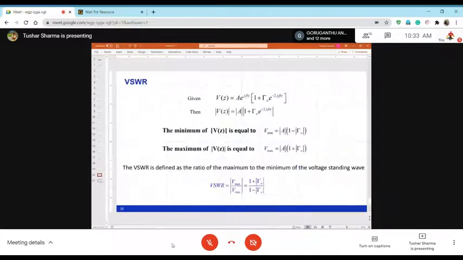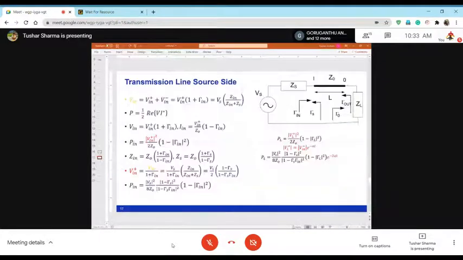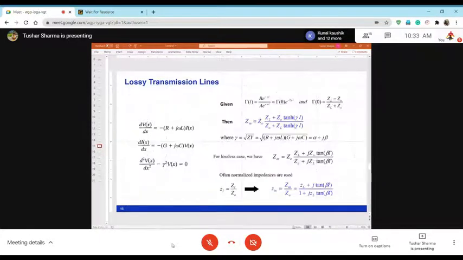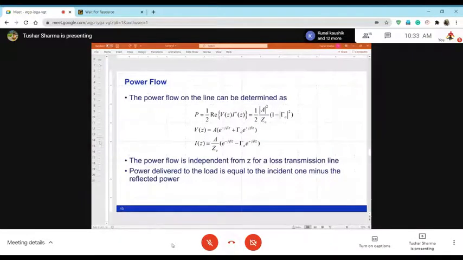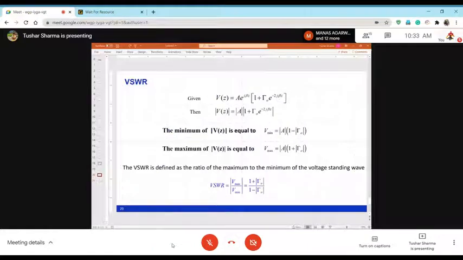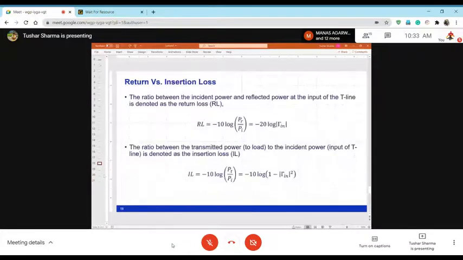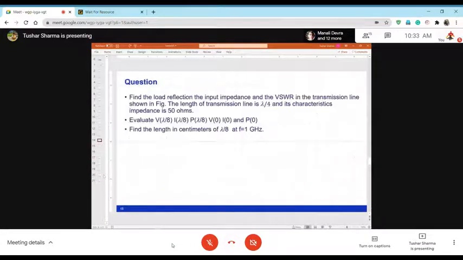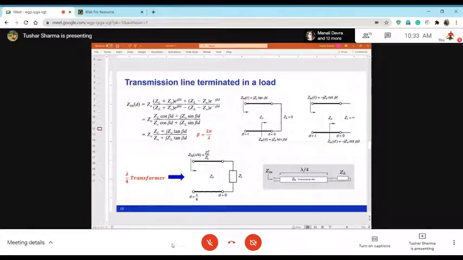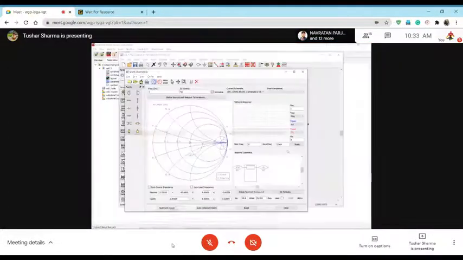What was, where is that equation? Yeah, so again, if you do 45 degrees, this is (ZL + jZ0)/(Z0 + jZL). With 45 degrees you end up at this impedance.